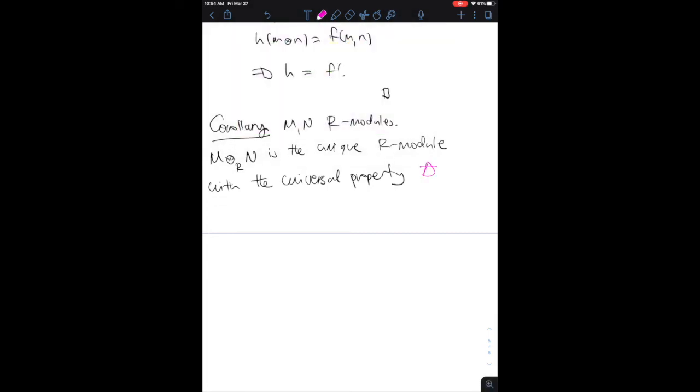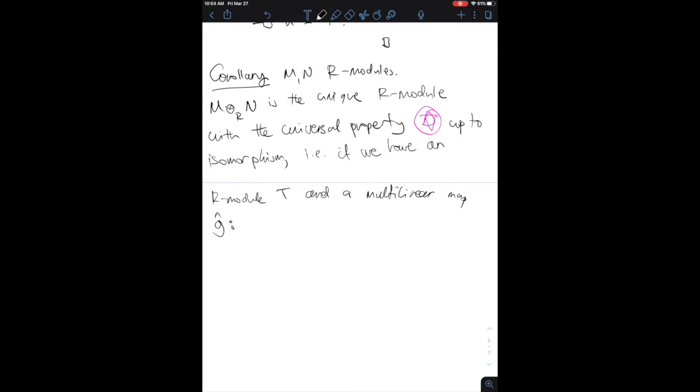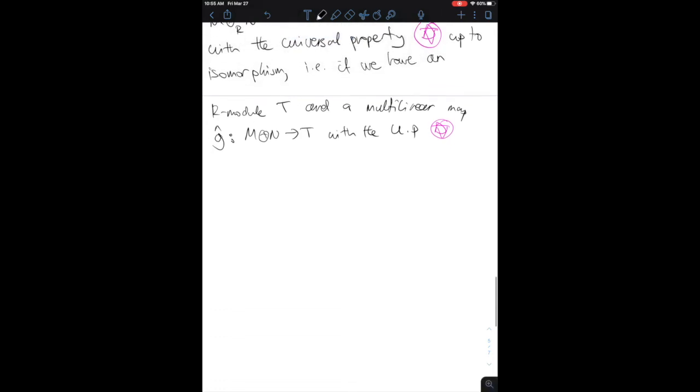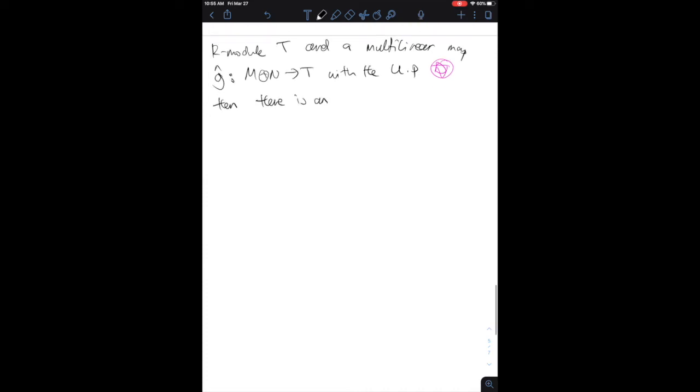So the tensor product is the only R module with the universal property up to isomorphism, i.e., if we have an R module T and a multilinear map G hat from M plus N to T with the property star, so with the universal property star, then there is an isomorphism